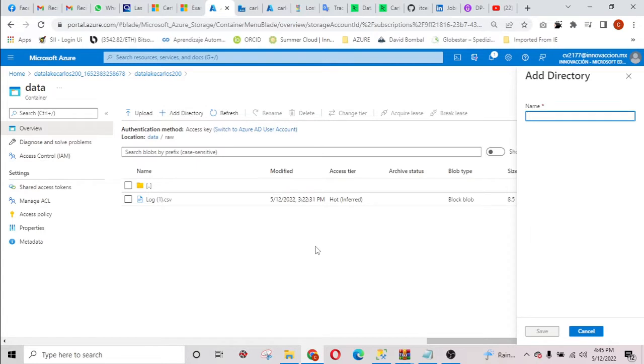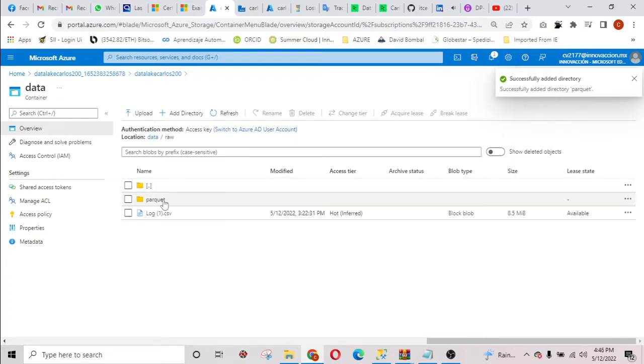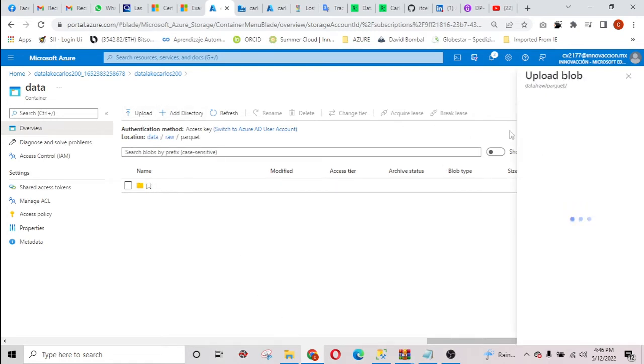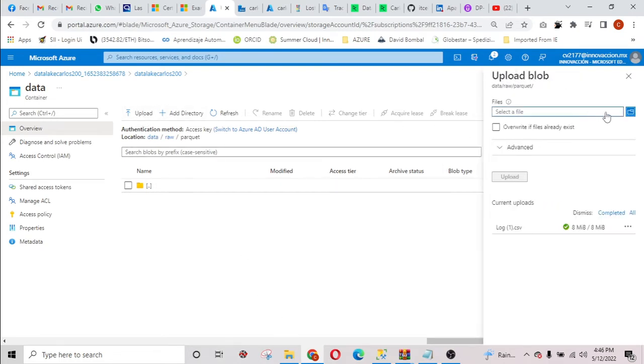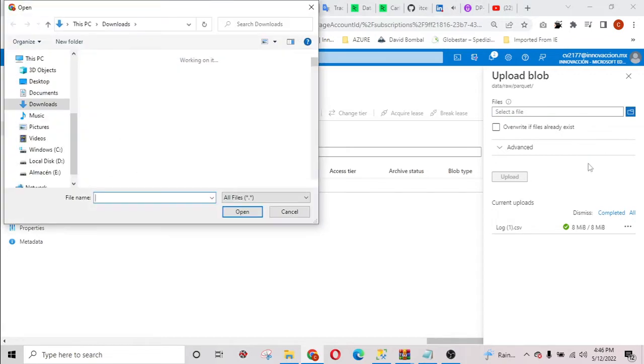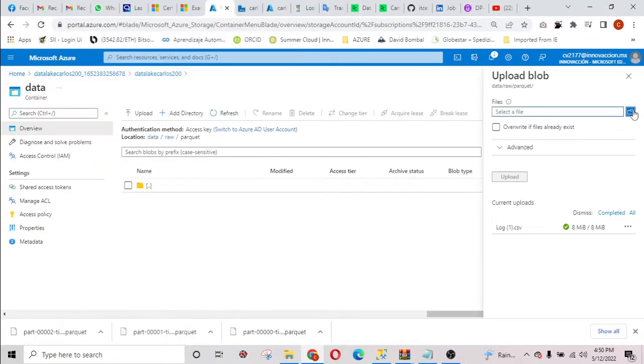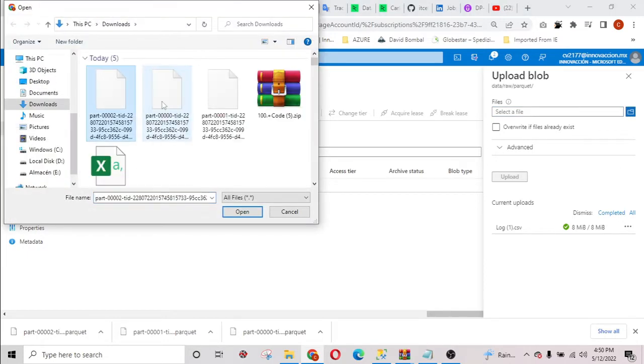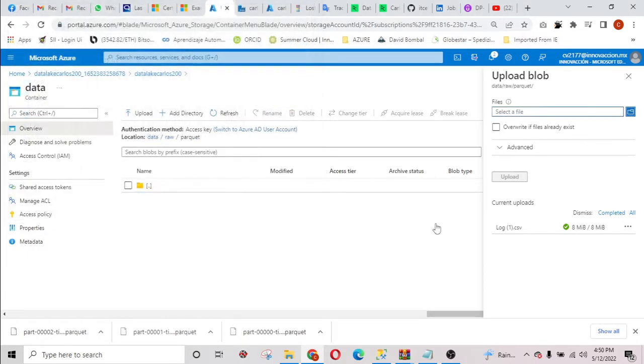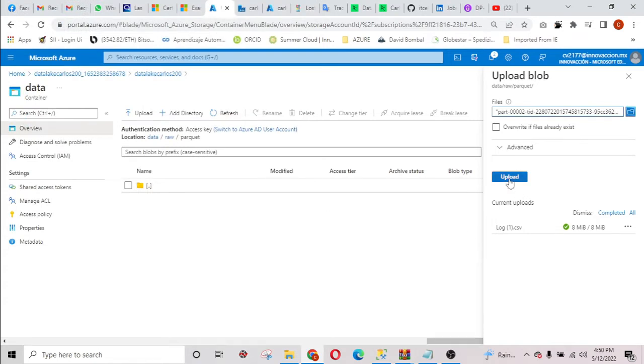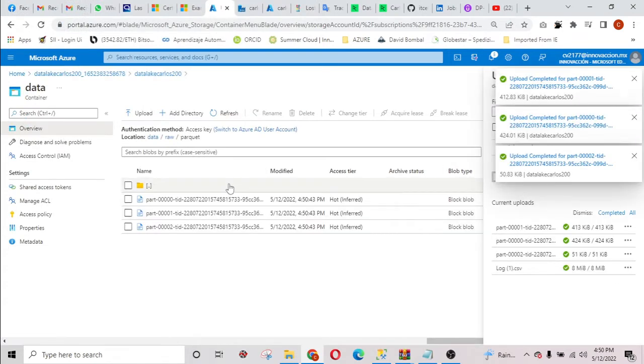I'm going to create the respective directory, and here I'm going to upload my parquet files. This is going to be 3 parquet files. I'm going to hit here to select the files, and I'm going to select 3 parquet files. I'm going to upload these files to my data lake resource,